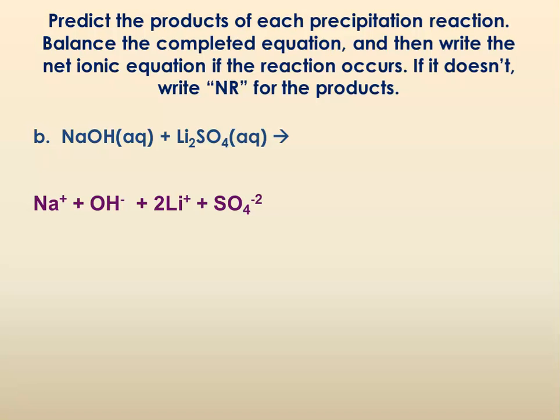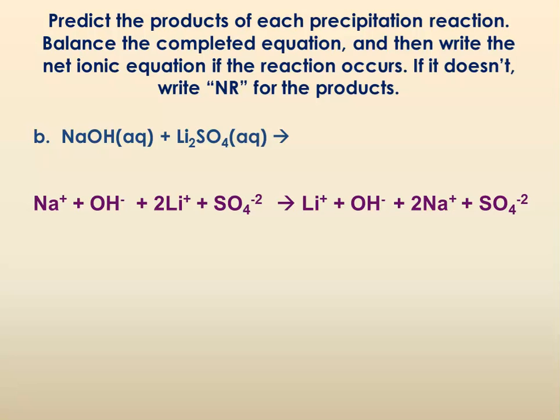When we switch sodium with lithium, we're switching two alkali metals, so you should probably already be able to tell just by the fact that we only had alkali metals present with our reactants that there's pretty much no way we can form precipitates as products. Sodium will join up with sulfate, and lithium is going to join up with hydroxide. Now, I did not balance this equation yet,